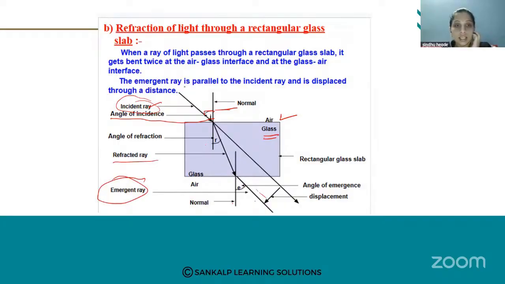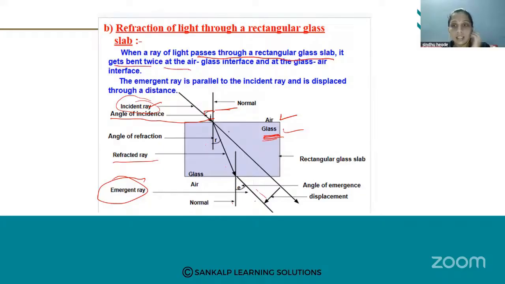See this emergent ray, when a ray of light passes through a rectangular glass slab. Here what they have done is placed a glass slab. The light is coming from the air medium to this glass slab. This glass slab we call the glass medium. See, the light comes from one medium, that is air, and it gets refracted through the glass medium. The glass medium is considered the second medium. So one is rarer and the other is denser. What happens here? It gets bent